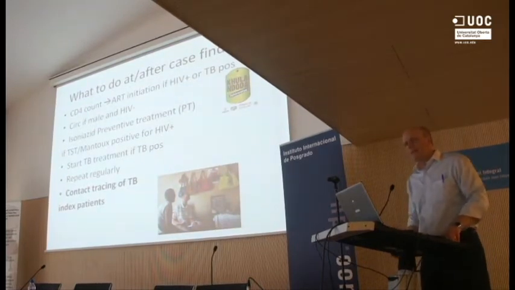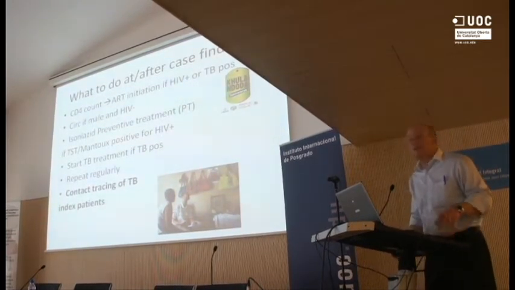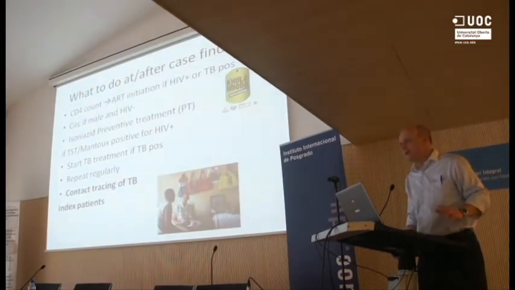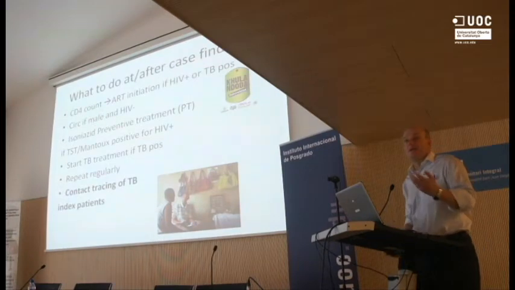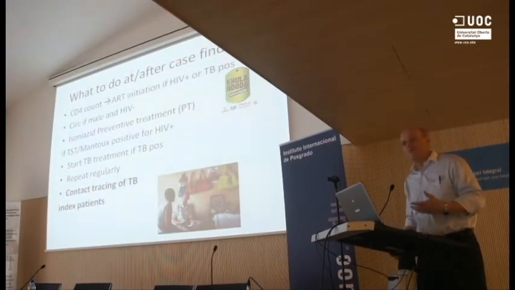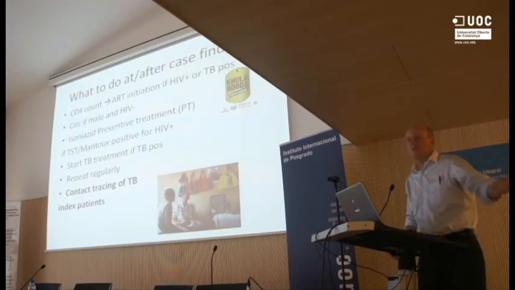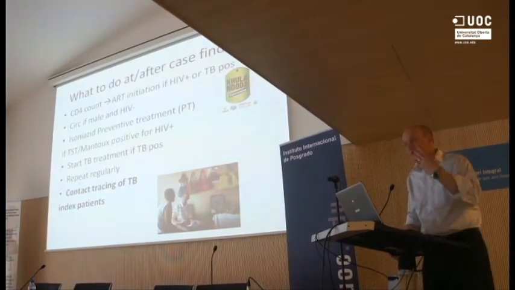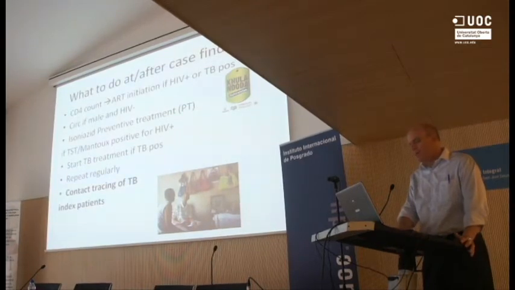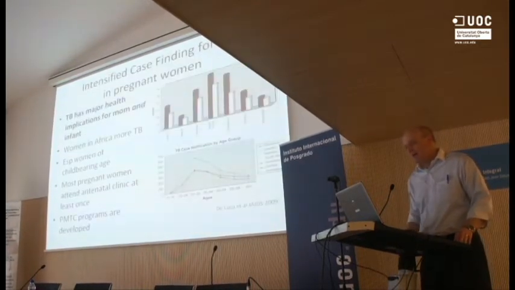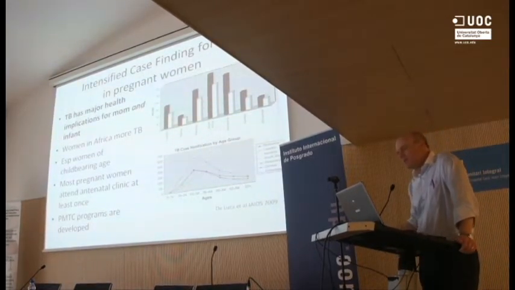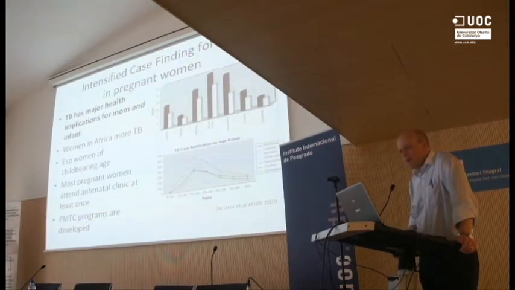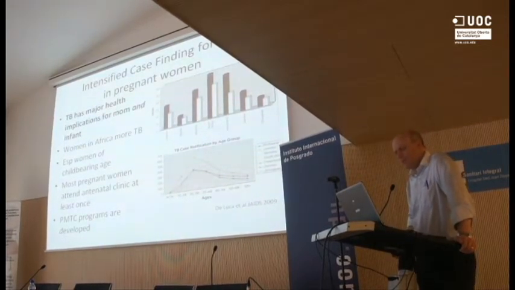And the other thing that is not frequently done in high burden settings, sort of paradoxically, I guess, is that there's not much contact tracing going on. So if someone is diagnosed with TB, clearly that would probably indicate, particularly for people who are immunosuppressed, that they've had a recent exposure to someone who's infectious, who's got TB at home. And contact tracing is something that I believe is important, and I'll talk about that just now. But I'll just give you some examples of intensified case finding to show you the potential benefit.